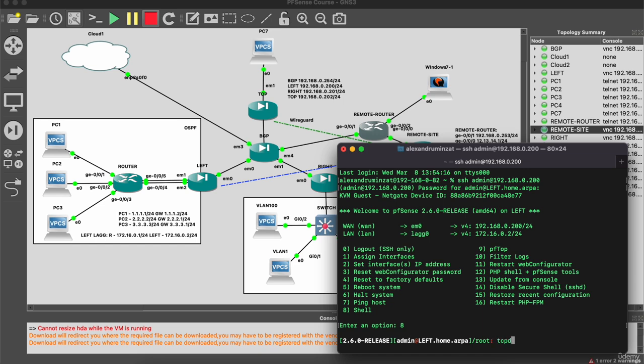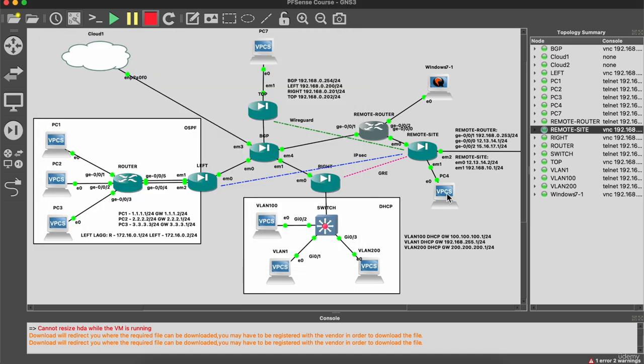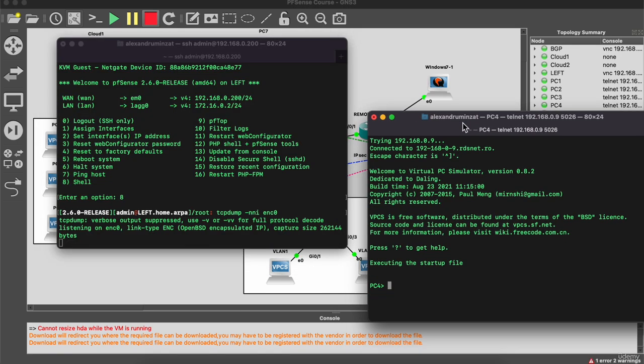So tcpdump -nni, the tunnel interface name is enc0. And let's leave this running, and let me just start PC4, and let me ping it